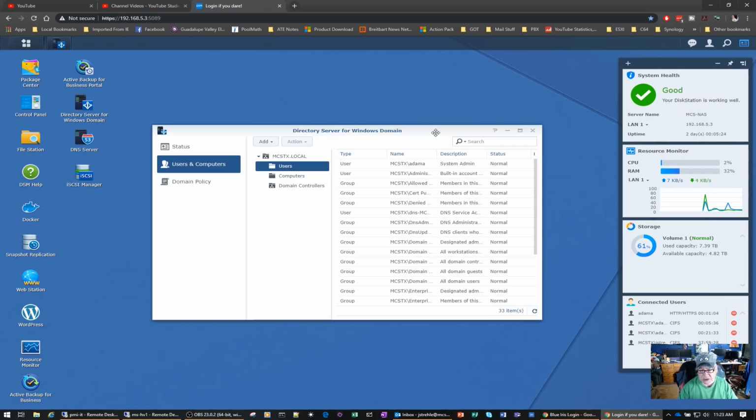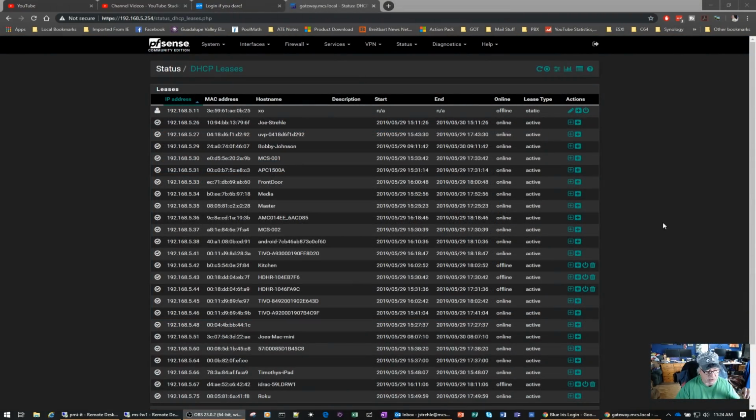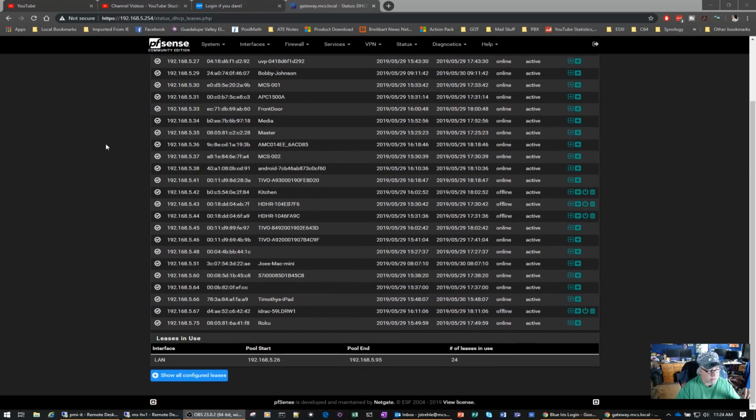And part and parcel of that is it also installs a DNS server. Now, the other thing that kind of irritated me, although Microsoft Windows DHCP server is a fine bit of software, I wasn't real happy with how I could manage my DHCP leases. So while the Synology is now running Active Directory and DNS, I have put the DHCP server over on my pfSense firewall and let that handle all of my leases. So here we are over on pfSense, and like I said, I've moved my DHCP over to here and let it control it